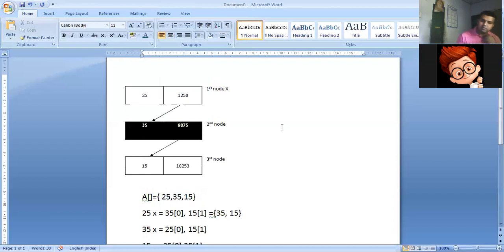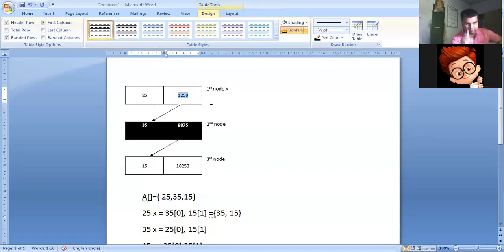So now what I have to do, that means this node remains in the same place, but the memory address of 1250, try to understand, the address, which is this part, means what? It is indicating the next node.